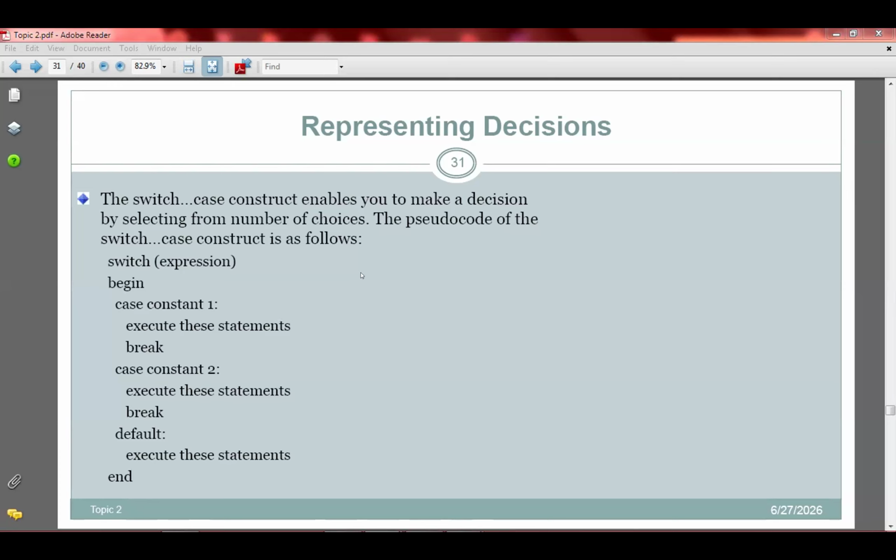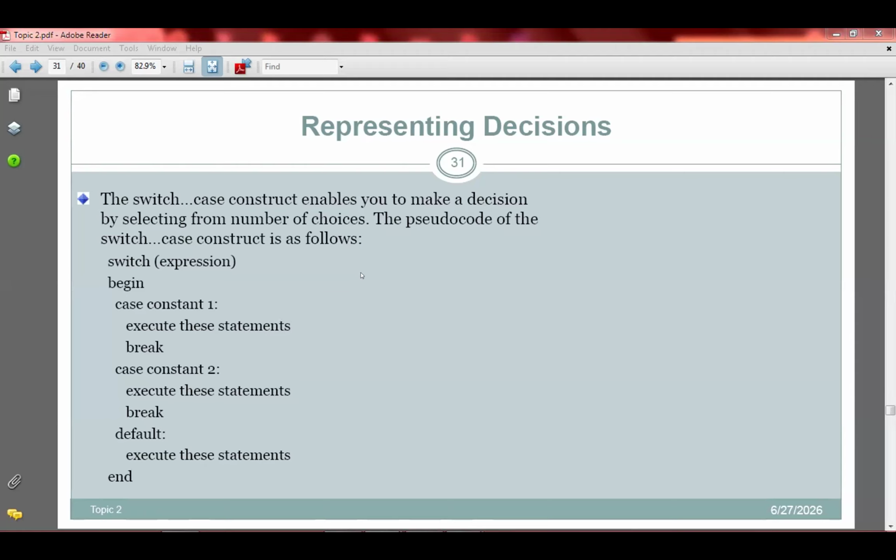I hope you are getting me. That's the if else if. So if the condition is true, the processor executes these lines of instructions. However, if the condition is not true, instead of executing another set of instructions, evaluate another condition. And if that condition is true, then do this. If that condition is not true, you can evaluate another set of instructions. So that is the if else if.